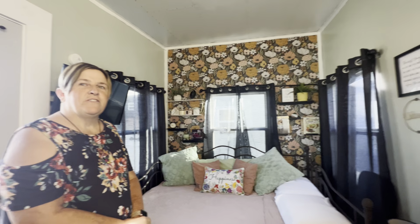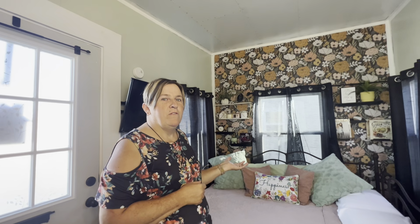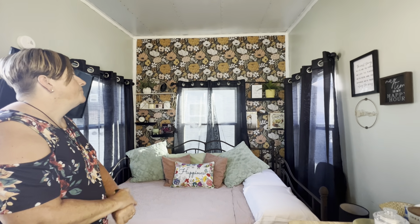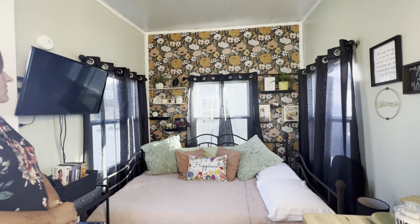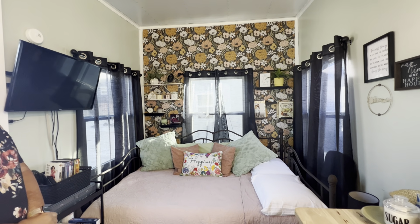Too bad they don't have a spot for Vivian in here, because this particular tiny home right here is the Incredibox, and in this size, it is $25,000. So it's very affordable for people on a fixed income. Yeah, but we also have to talk about key costs and things like that. So true. We'll talk about that in our video where we have toured the tiny homes here at Incredible Tiny Homes,